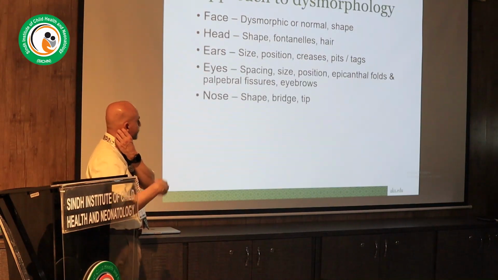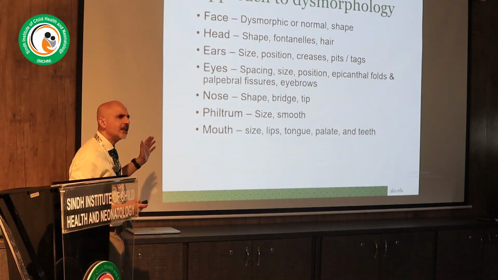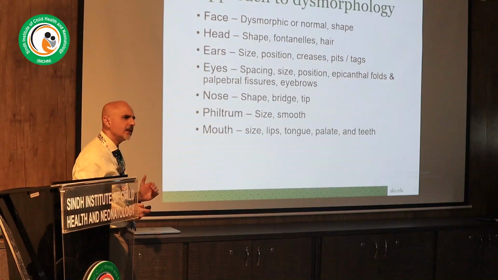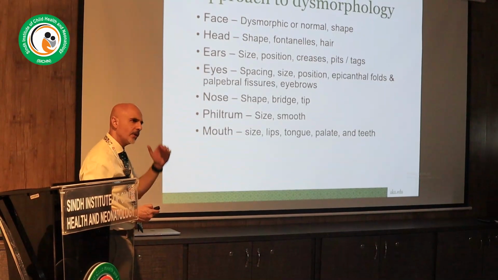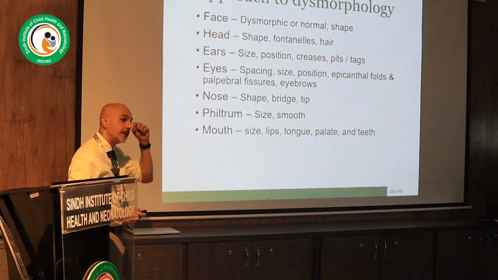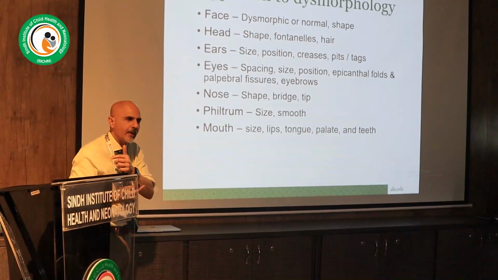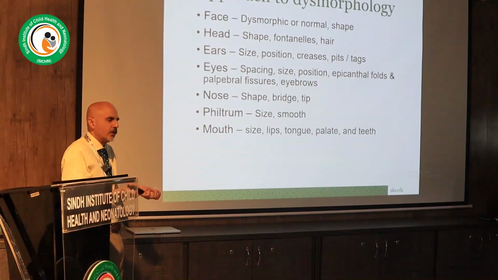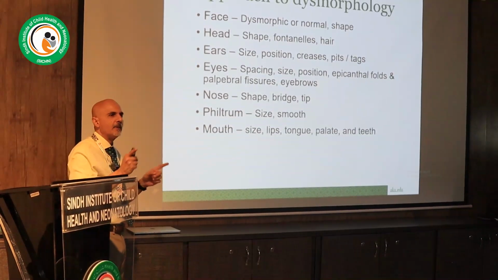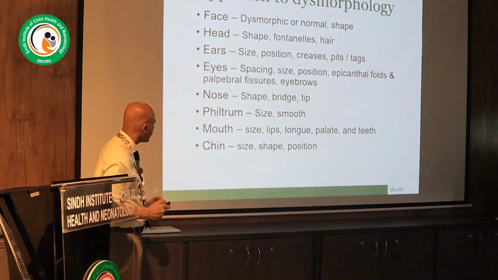Eyes, as we mentioned, nose, just very, very big things. So, if you use this framework, it's less than a minute. If you get into the habit, this shouldn't take very long. So it's just a matter of being organized and going from top to bottom and not missing anything. Sometimes you see the eyes and you stop over there. And you say, oh, eyes are unusual or upslanting, and then you don't comment. So whenever someone is presenting a case where suspicion is trisomy 21, I ask them about all the other things, and usually people have missed 3-4 big things because they just looked at the eyes and stopped over there.